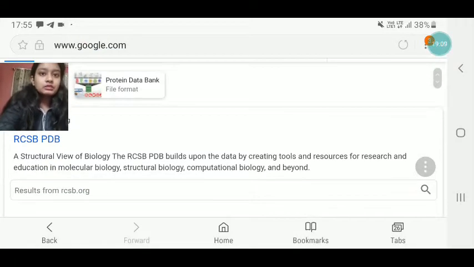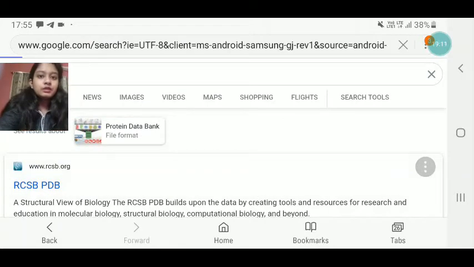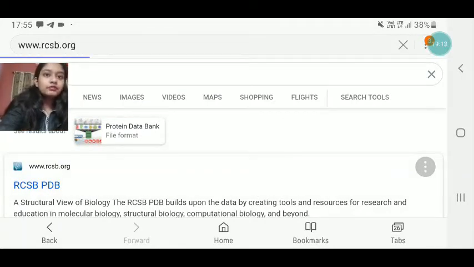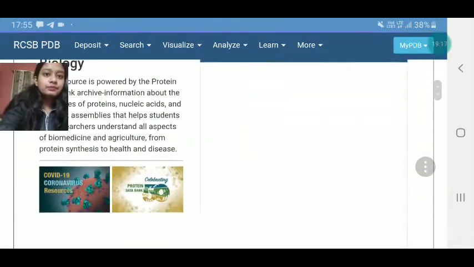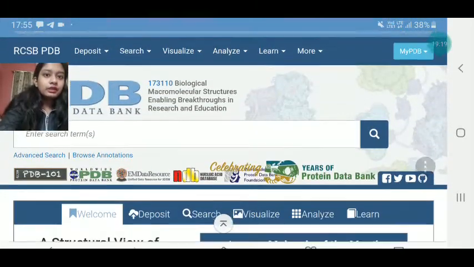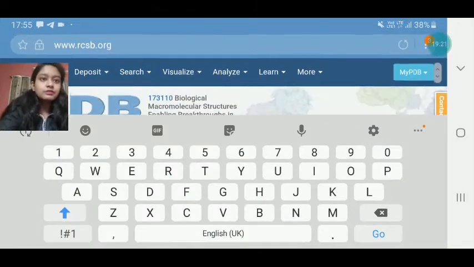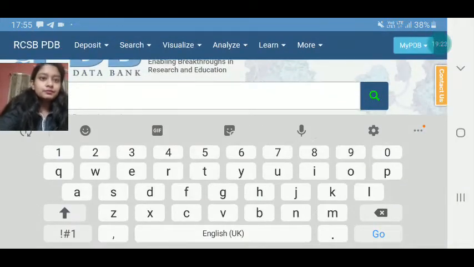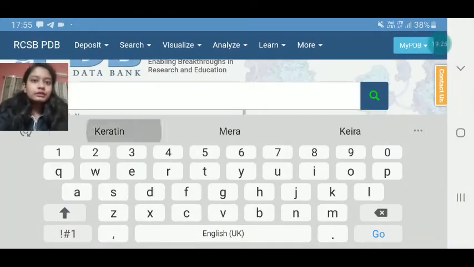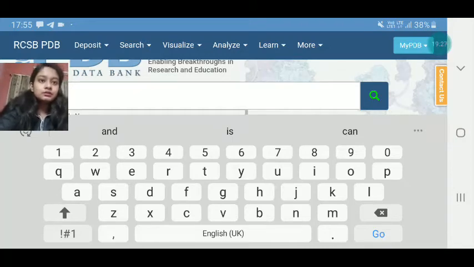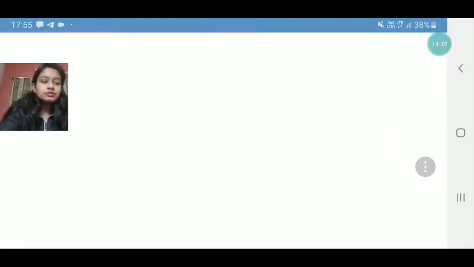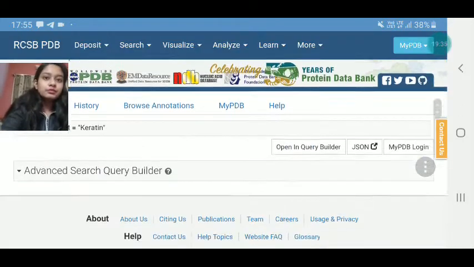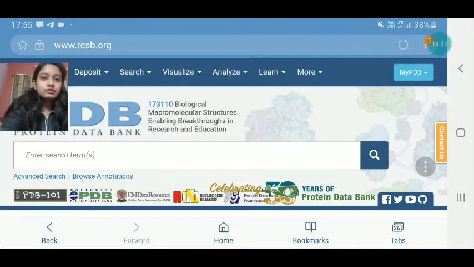Just see here, RCSB PDB. Now you'll be asked what you are trying to search. I'm searching for keratin. The search result will be a huge one. You'll be getting lots of results.